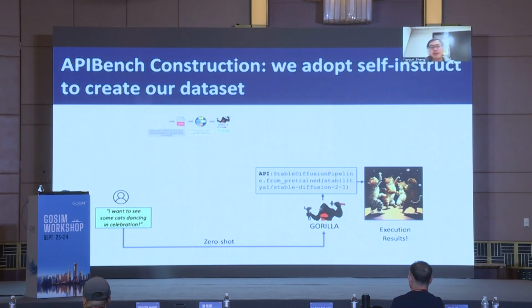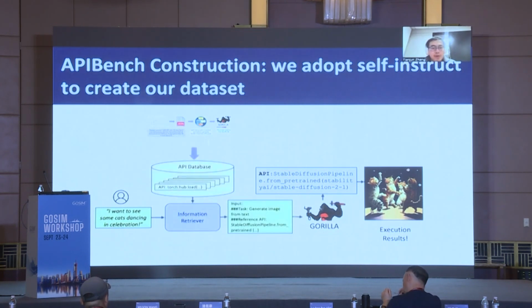So now we present the two ways of potentially constructing and fine-tuning a LLaMA-based model to write API calls. One way is zero-shot, one way is retriever-aware training. They both have a little bit of pros and cons. The pro of retriever-aware training, as in the slides I'm going to present next, is that it can adapt to any API database change.